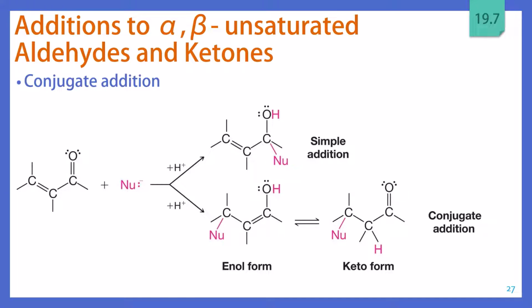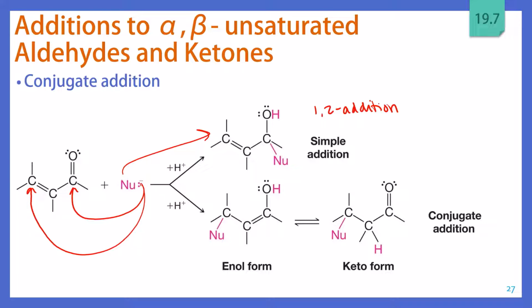So the idea here is that after an aldol condensation, you have an alpha beta unsaturated carbonyl compound. Notice that these two pi bonds are conjugated. So when a nucleophile comes along, there are two different places that the nucleophile could attack. It could attack the carbonyl compound, which would give us the straightforward so-called simple addition. This is analogous to 1,2 addition to a conjugated alkene, or it could attack in the beta position, and this